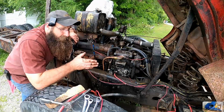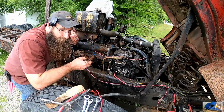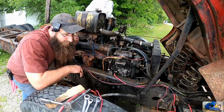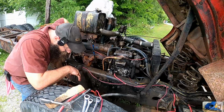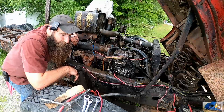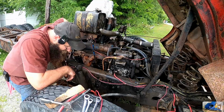Well, there's some irony. We spent this whole time partially trying to get this old girl running so we can move it closer to the garage so we can work in a spot, not so much in the rain. Gave us some issues, rained on us the entire time, and once we gave up, the rain stopped. So, yeah,